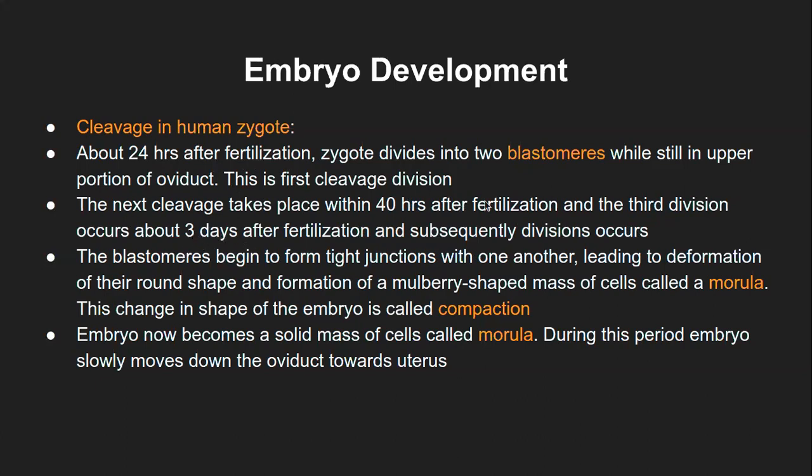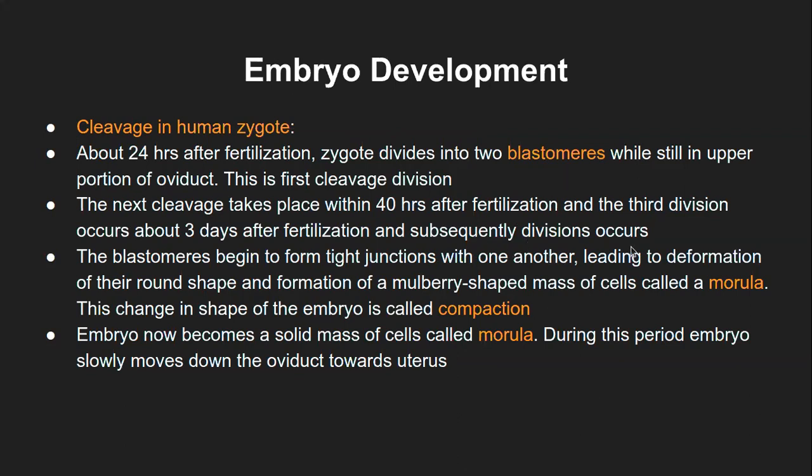Now you might wonder why there is so much of a gap. It is specifically because it will take certain time for the whole uterus structure to prepare for the implantation process. And also because zygote formation and embryonic development are relatively critical processes in terms of checkpoints and regulation. They are very tightly regulated, so all those checkpoints take certain time, and that's why it is a little delayed.